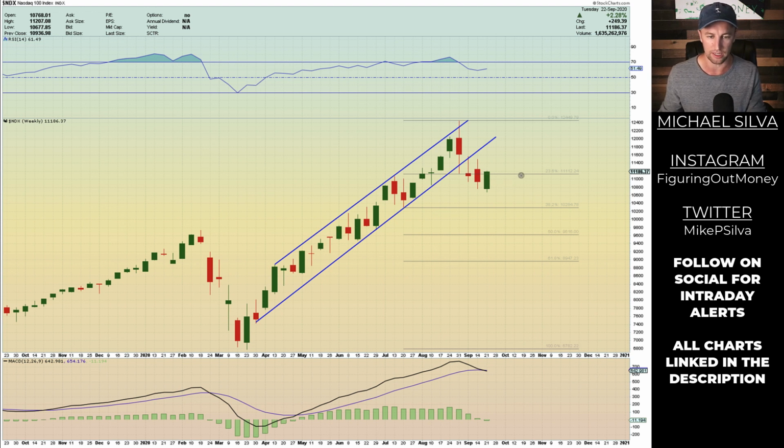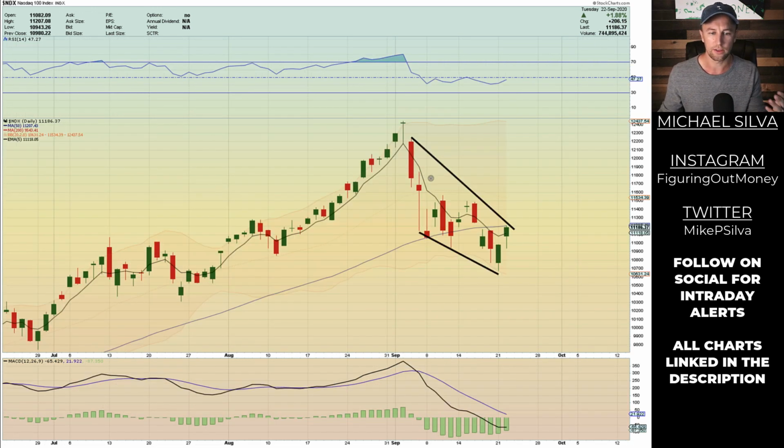We recaptured this level, and this is a falling wedge type pattern. So if we get a continuation to the upside, it might bring us up more towards around 11,800, which I'll talk about on the next time frame. So here it is on the daily time frame. You can see the falling wedge type pattern that's taking place, and keep in mind the confluence of the resistance